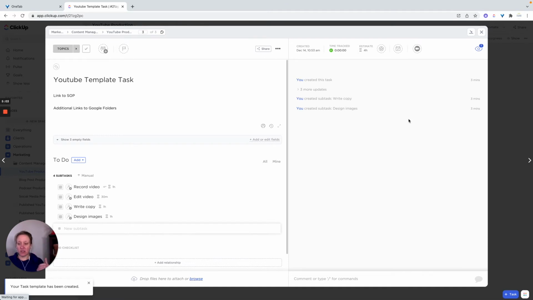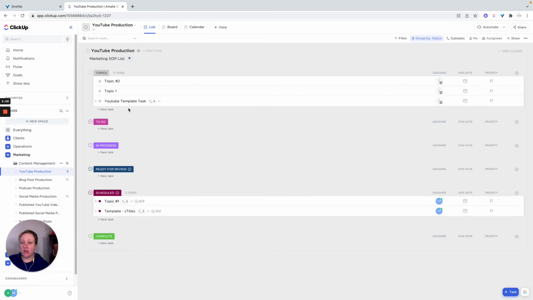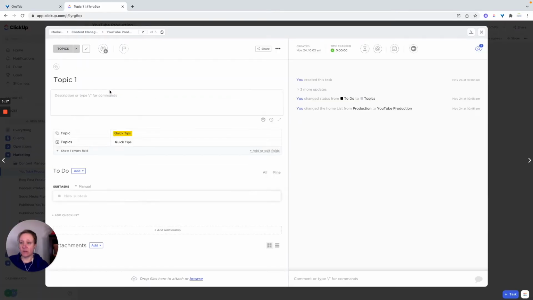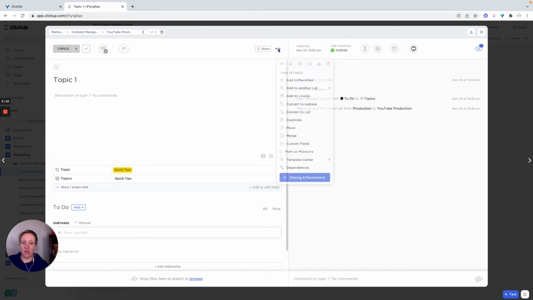You'll have to manually go update the other ones. Now to apply the template, all you do, and you can either leave it here or you can delete it. Once it's a template, you don't need it to stay there. So if this is the task we want to apply it to, I come in here, I go over to